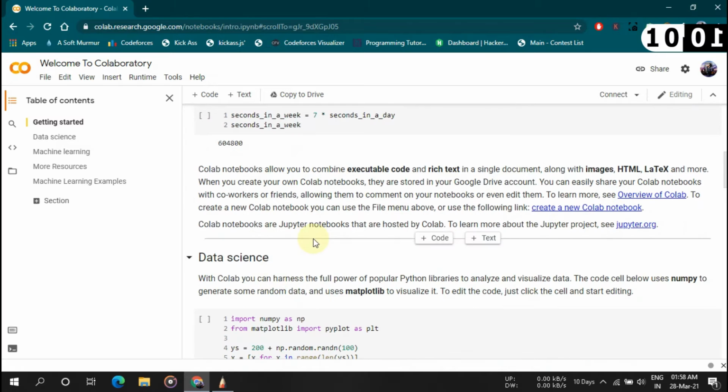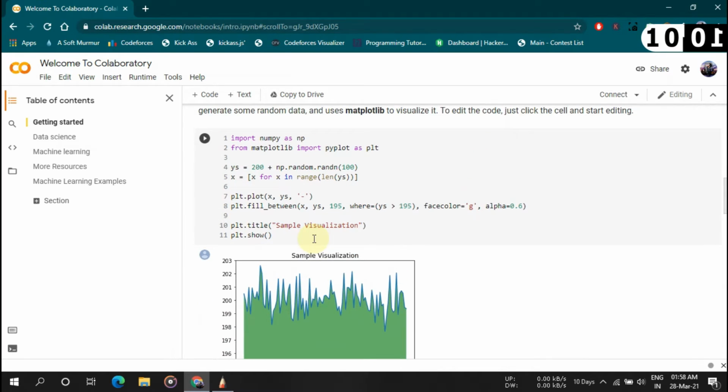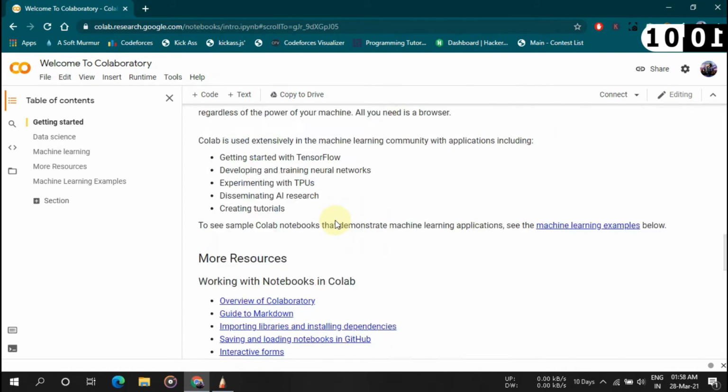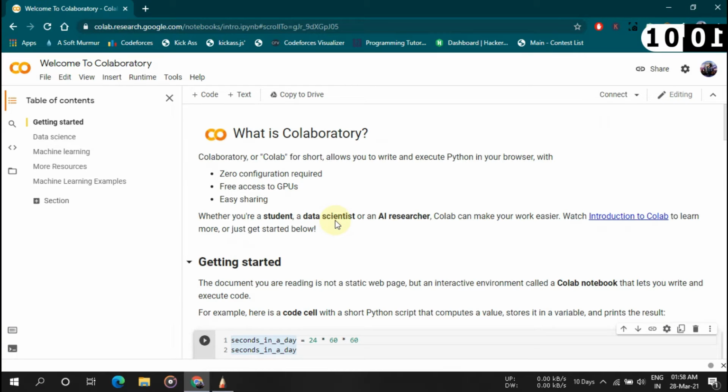And it even works for data scientists. If you have projects with the pandas library, you want to use scikit-learn for machine learning, random forest classifier, logistic regression or many other regression models, or whatever tool you want, Seaborn for data visualization also, it supports them. Most libraries are already installed, but if you want to use external libraries you can also use pip install. I was using Tabula, I was using Streamlit, etc. So I have to manually install those libraries. Here I will tell you how it works.